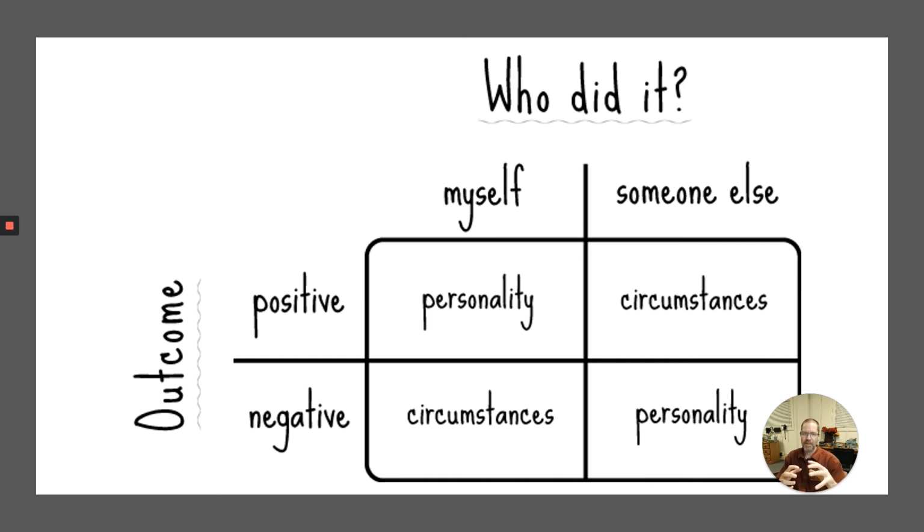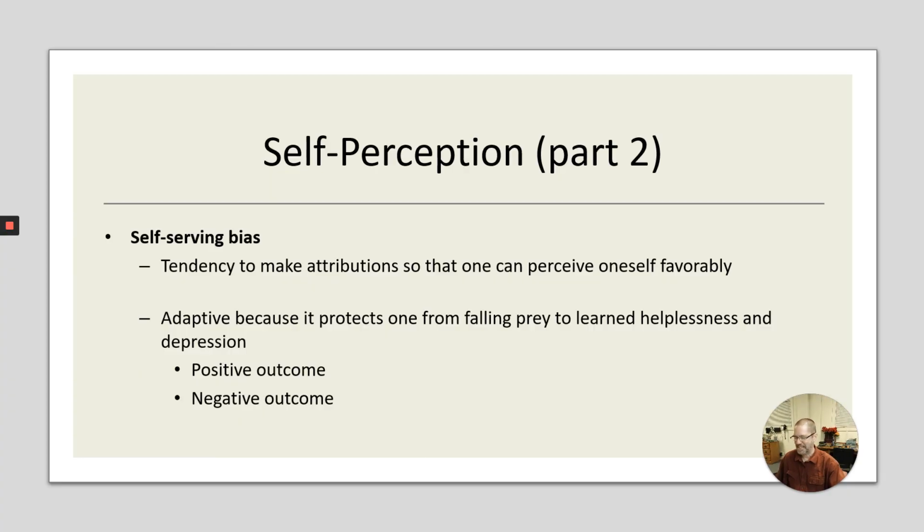If it's negative, something bad happened. It's the circumstances. It was too hot, it was too cold, it was too wet, or it was too dry, it was too soon, it was too late, it was something. It's the circumstances. But if it's someone else, well, it's because they're an angry person, they're a liar. It's something attributed to their character. Yeah. So that's the idea of attribution, right? So much for some little bit of attribution.